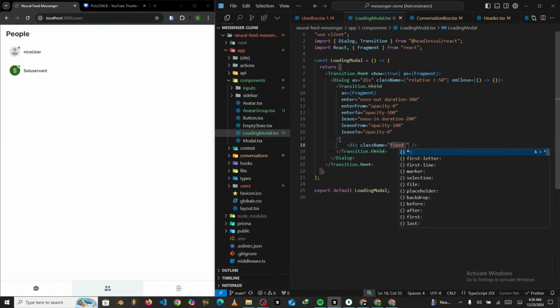Fixed inset 0, then bg gray 100, and then we say what? Bg opacity 50. So bg opacity 50, just like that. Alright,